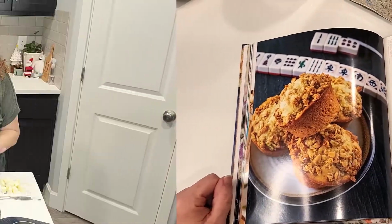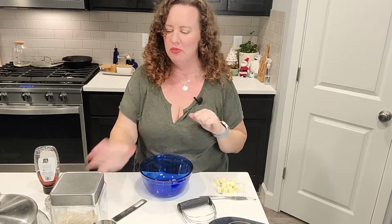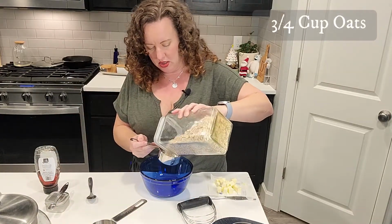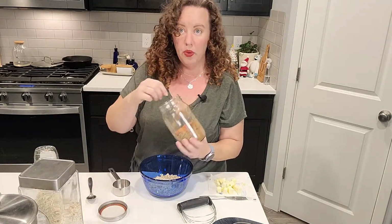So let's start cooking. All right, first things first is we're going to start with making the crumble top. I love a good crumble top. So we're gonna take 3/4 cup of old-fashioned oats and put them in a bowl along with 1/3 cup of